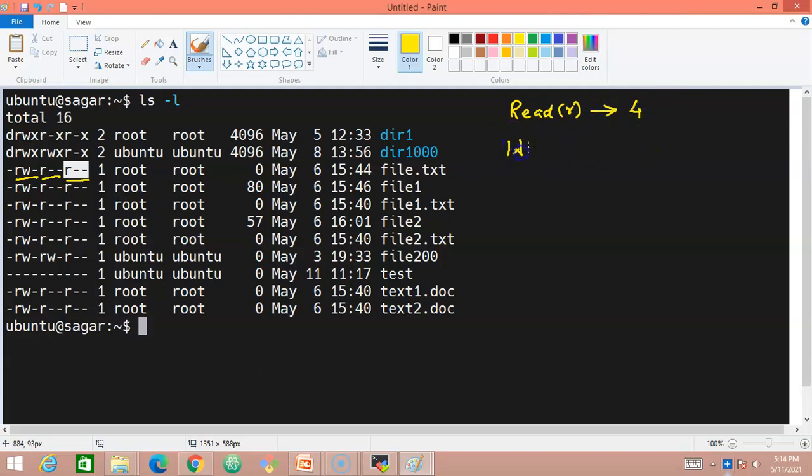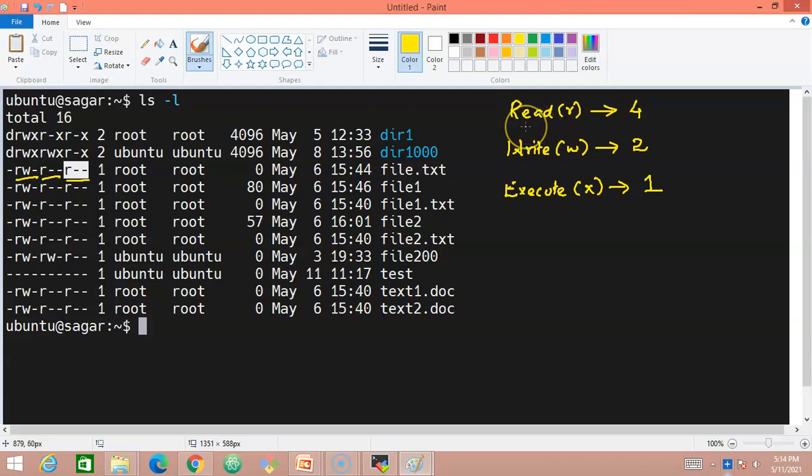The second Linux file permission is write, denoted by a small w, and this holds a value of 2. Execute is the third permission that we have, denoted by a small x, and it holds a numerical value of 1. This is very important to understand.